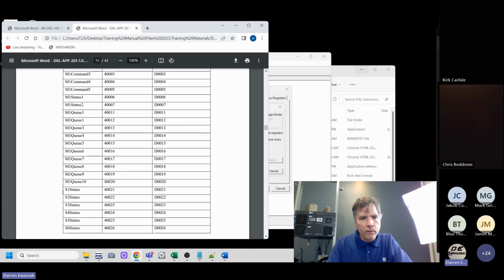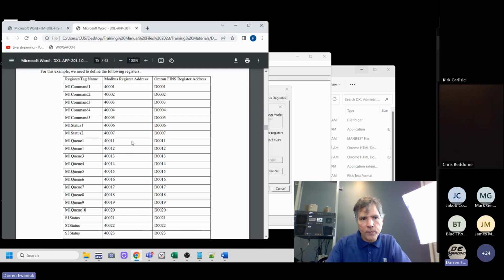I'm going to have a register for each intercom station. I'm going to have a register that represents its status, whether it's calling in, whether it's connected, whether it's listening to music, whether it has a fault. That's all part of this status register. So I'm going to create all these registers